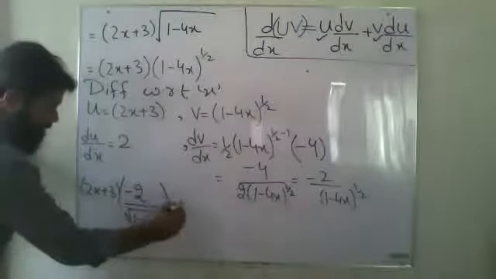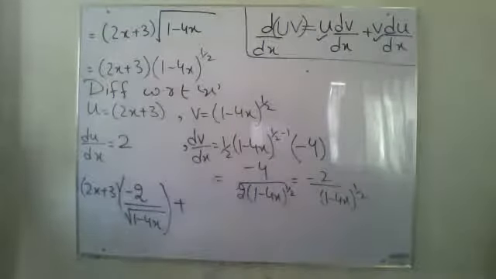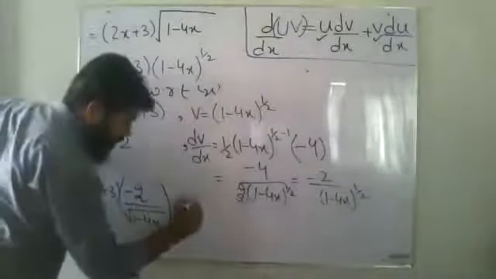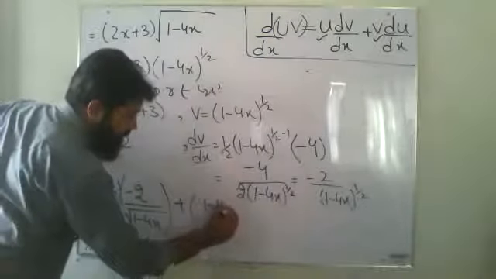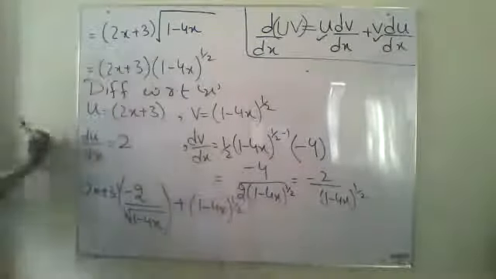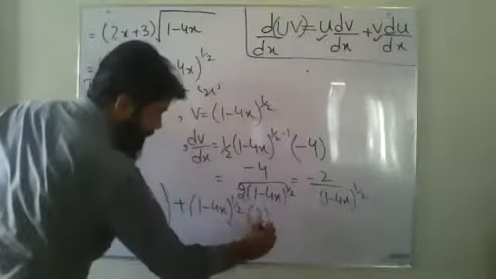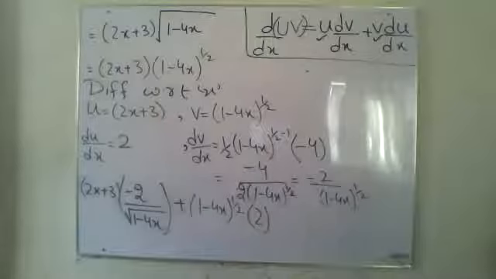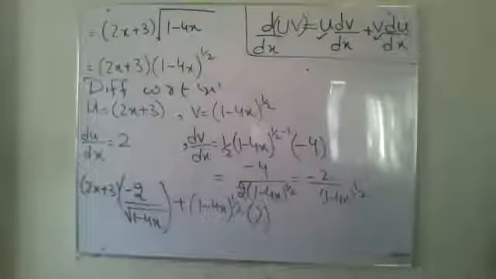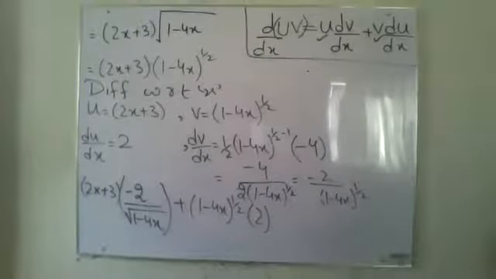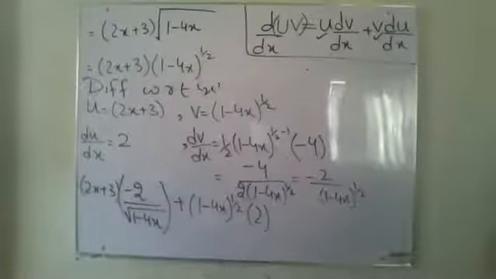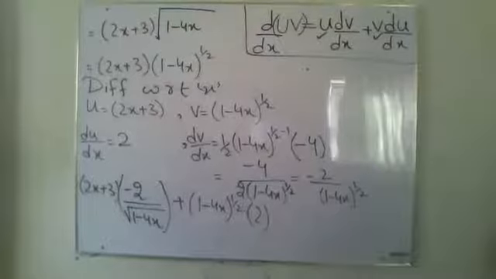inside the bracket plus v. What was my v? 1 minus 4x power half, okay, and differential of u is 2. Okay, this is how we are going to complete it till this point. Now, till this point, if you have any confusion,